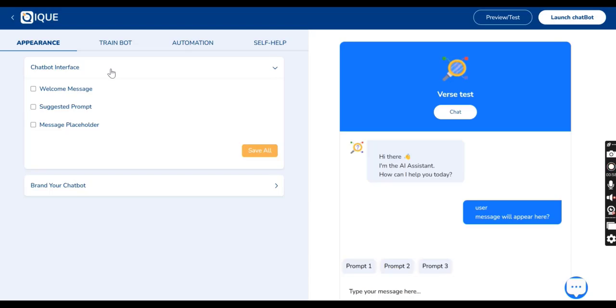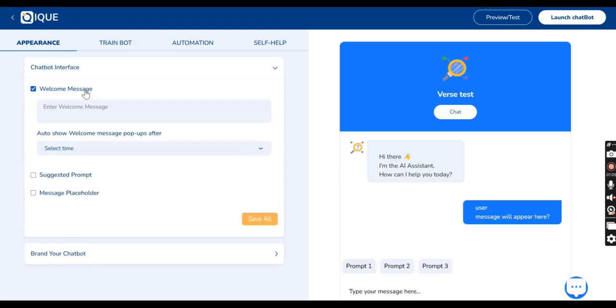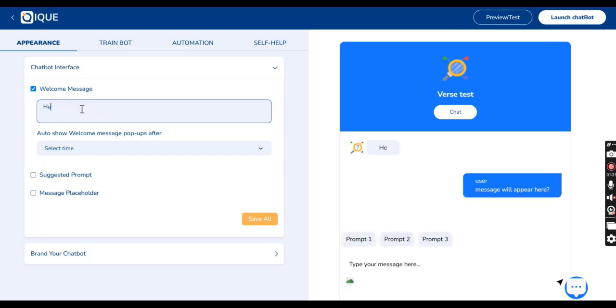We have to click this. When you click, that particular section drops, so you may want to add a welcome message when users visit your website and try to chat you up. There will be a welcome message greeting your user, hey, welcome to our site. Just take your time to give it a good message. Let me go ahead and type in something like hello,